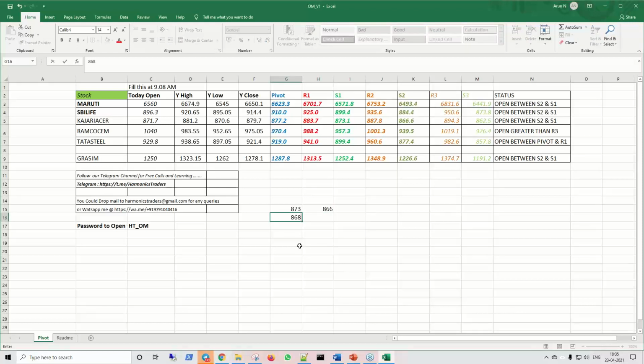Don't ask me whether 868 will be coming. If in case 868 comes, you can enter long after the reversal candle is formed, with a stop loss of 866.6. So the SL we know in advance. All we have to look for is that the first 15-minute candle is completed and is in our intended direction. When I say intended direction, if the open is between S1 and S2, we look for a green candle, and when the stock comes to S1, we go for long. If the open is between R1 and R2, we try to go for short at R1 after the first 15-minute candle is a red candle. Fine.